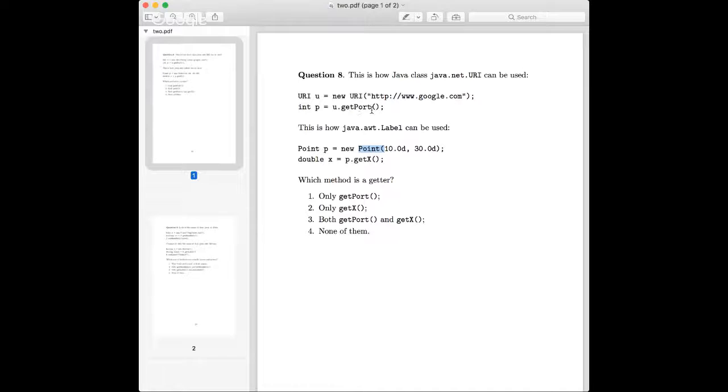This get port, is it a getter? Is get x a getter? The question is kind of tricky because we cannot really tell by the name get. We cannot just say that both of them are getters just because the name is get.